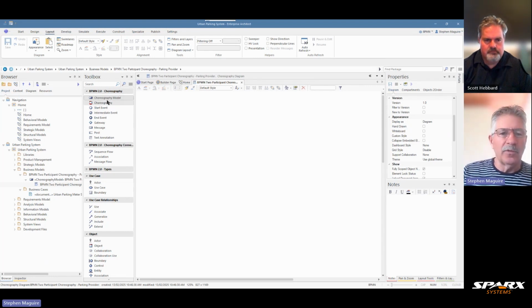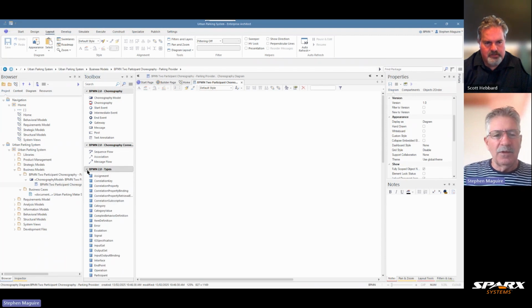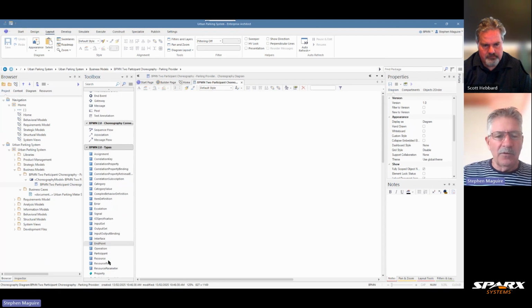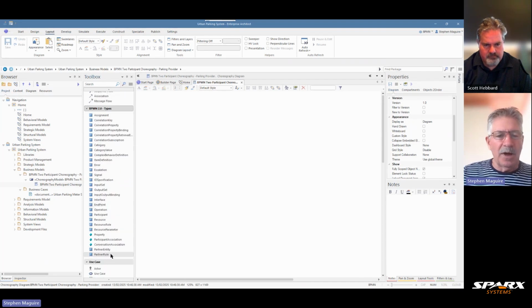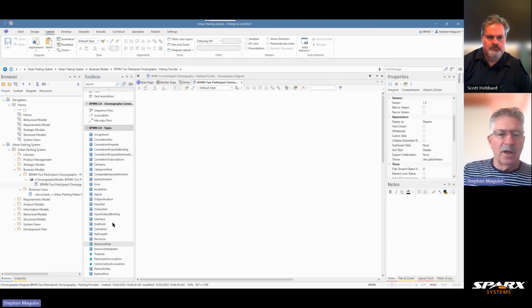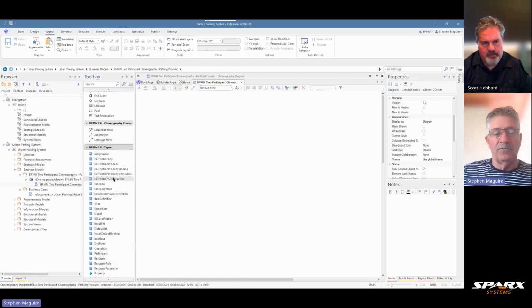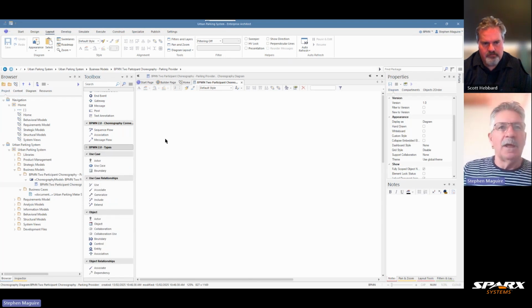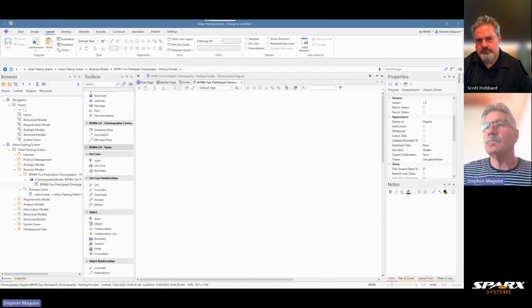We can see that there's both elements and also connectors. But below that, Scott, is another collapsed toolbox page, which gives us BPMN types. So there are all sorts of quite interesting things in here. We'll have a look at this in passing, but it might be that we cover this in a more advanced course than this, or this video that's an introduction to this type of modeling. So let's just collapse that for a minute, and let's make a start here,